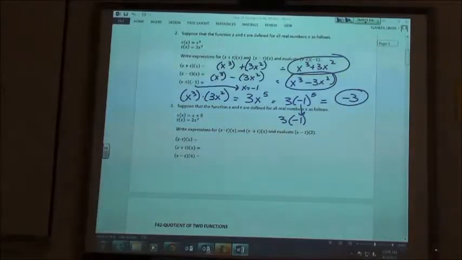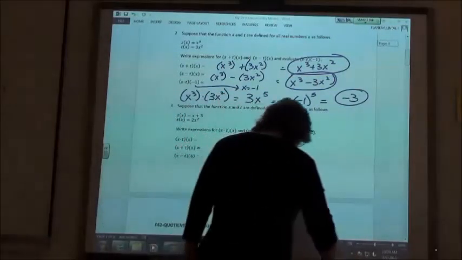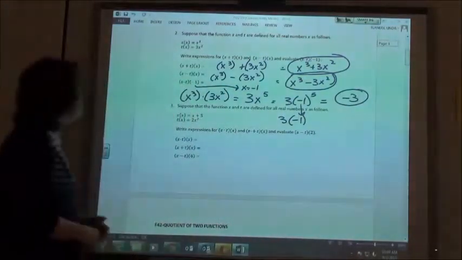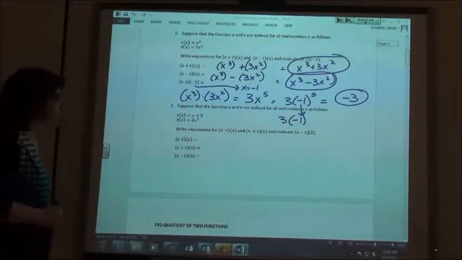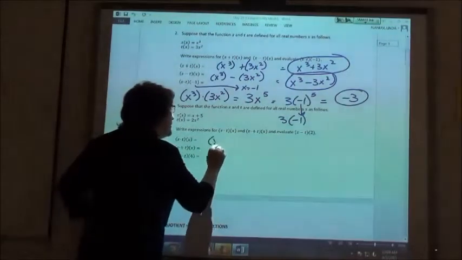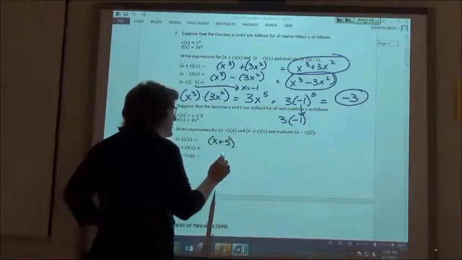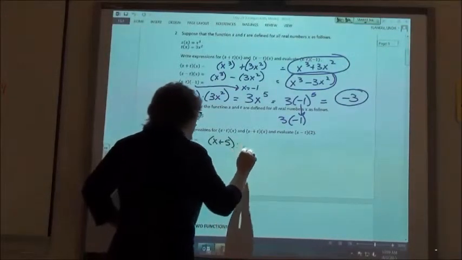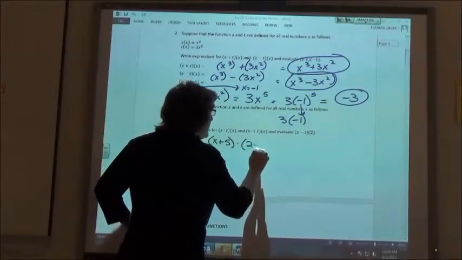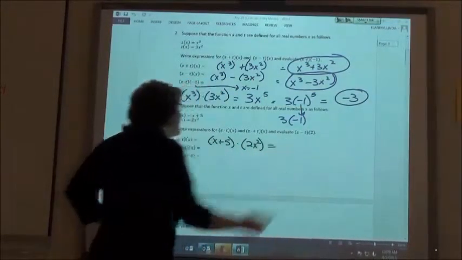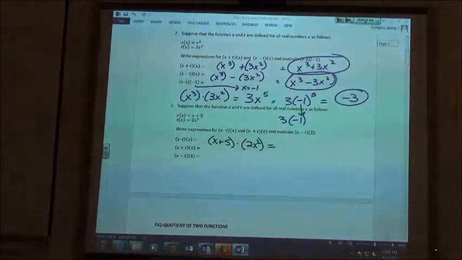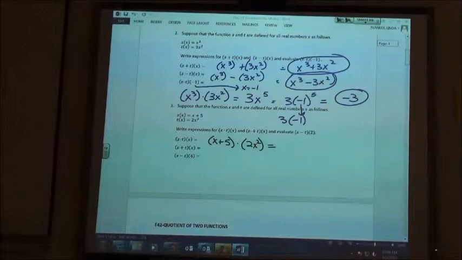All right. So, third one. What are we going to do on the third one? We are going to go x plus 5, parentheses, times 2x to the second power. Okay, and then we're going to multiply it out. So when we multiply it, we're going to get